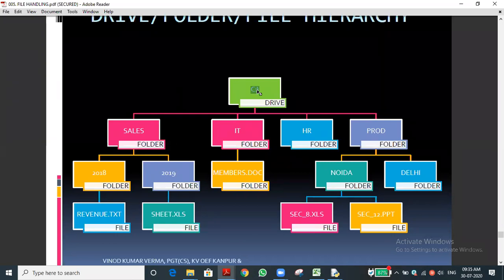Sir, is it like a game, loading another game from it? It's not a game. Imagine, sir, it is a very big matter. What I'm telling, please listen. For example, a file is stored in a different location. How will you access it? Very simple. I will show a real time example for you.